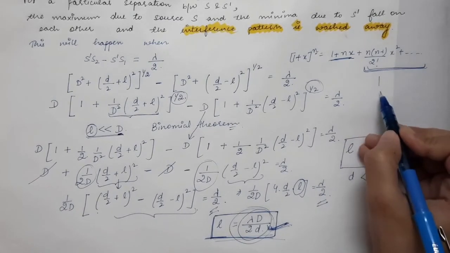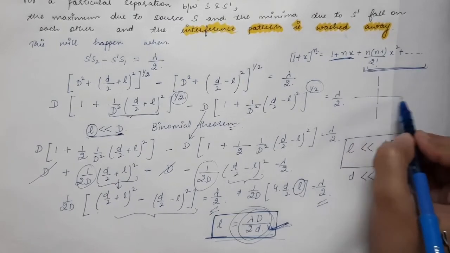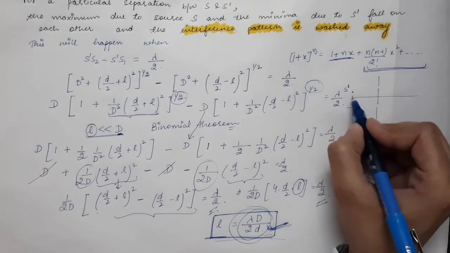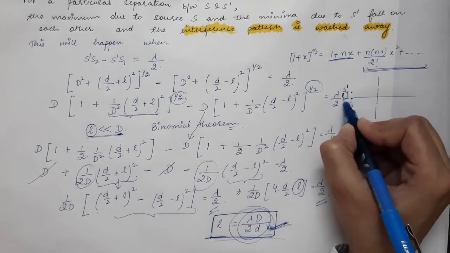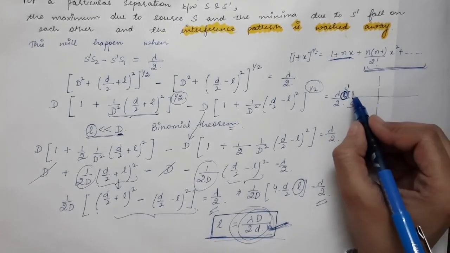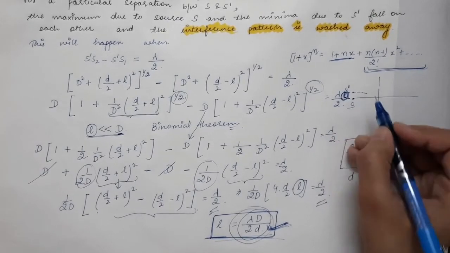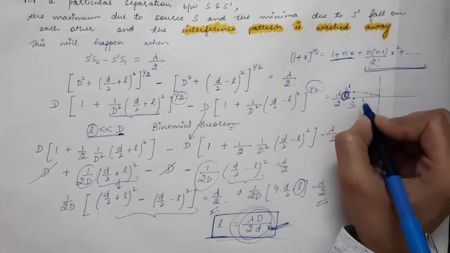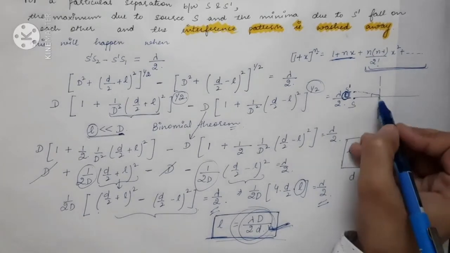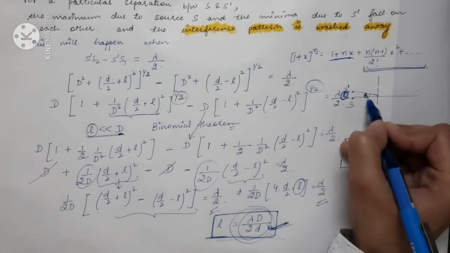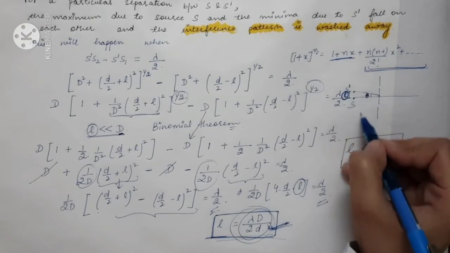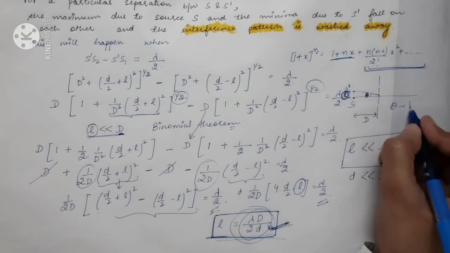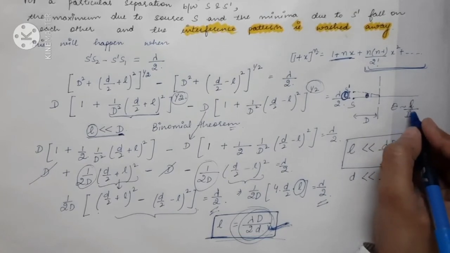As we had seen, this was the double slit, and over here this was the source capital S and this was S prime, and the distance between the both was equal to small l. And let's say the angle subtended at the center over here is equal to theta, this length is equal to small l, and this distance is equal to capital D. So this theta is approximately equal to small l divided by capital D.